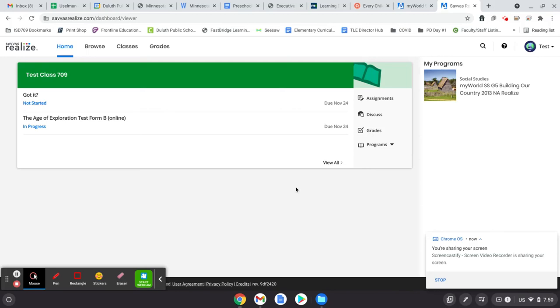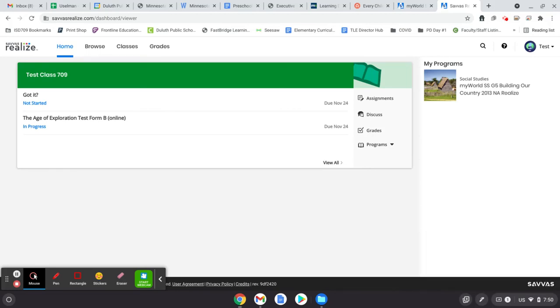Let's take a quick look at the student experience for myWorld Online, which is now held within Savvas Realize. When students log in to myWorld Online, they will see this page, and you'll see that they have 4 tabs across the top. They have a home, browse, classes, and grades. So home is where they will start. It'll have a list of assignments that have been assigned to them, as well as a couple of other things